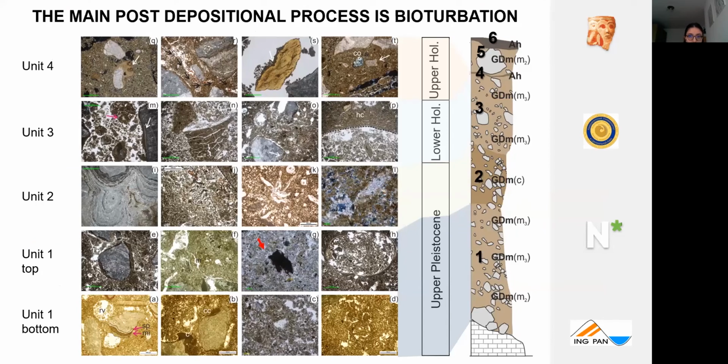Furthermore, we collected 5 oriented monoliths. So we produced 10 thin sections and we analyzed them with a common micromorphological approach, like for example, Stoops 2003. And from this analysis, we can say that the main post-depositional process was bioturbation, or still ongoing. And also quite important is that at the boundary of Unit 1 and Unit 2, there are charcoals. So the boundary is marked by the presence of charcoals, and some redepositional process